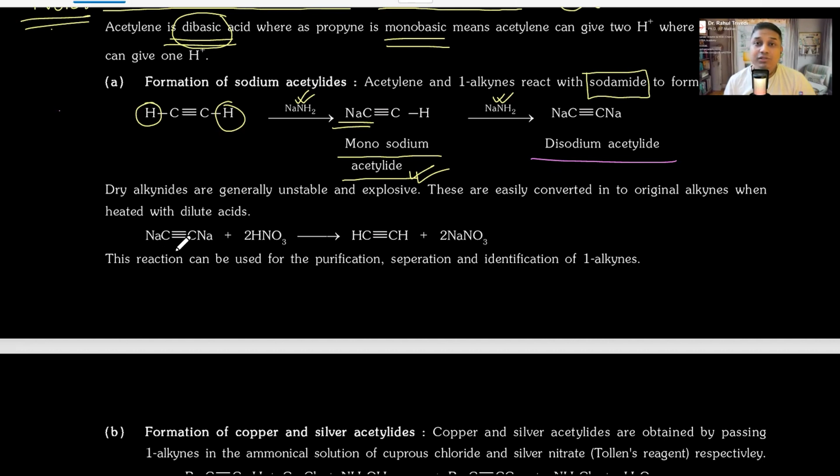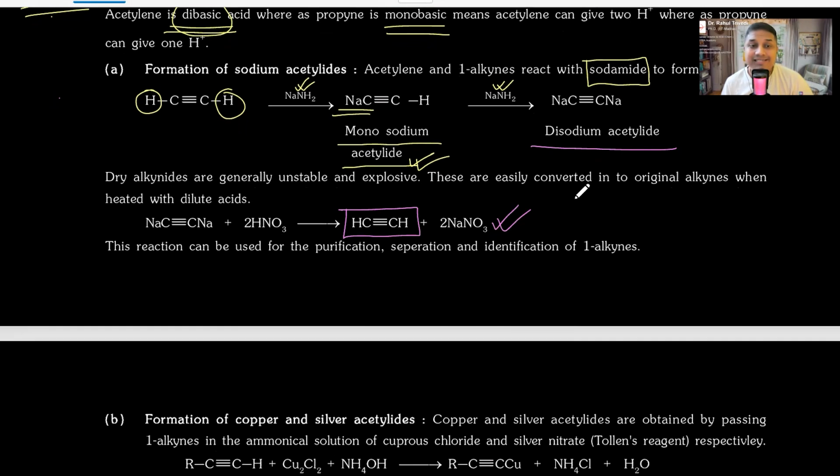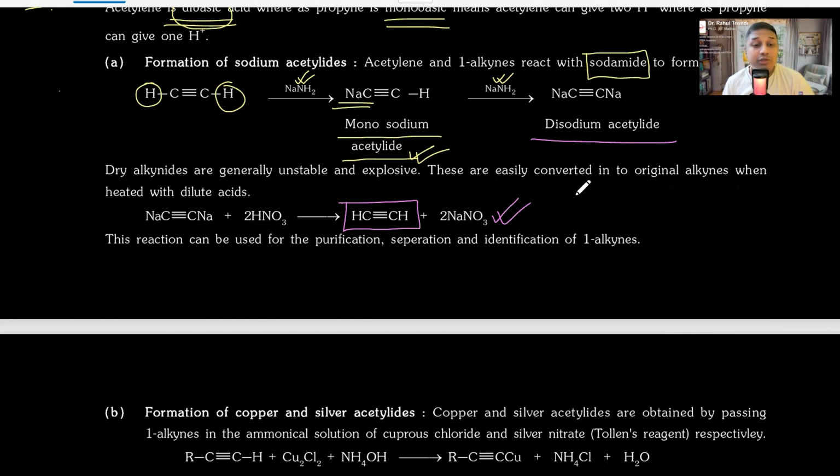Why? As soon as you take any dilute acid, I'm not talking about concentrated, even dilute acid, a few drops, you will find quickly it will explosively react with it, giving away Na plus, and again substituting Na plus with H plus, taking that from the dilute acid, coming back to its original form, forming acetylene, and sodium nitrate will be given off. Make sense? Yes. Where do we use these reactions?